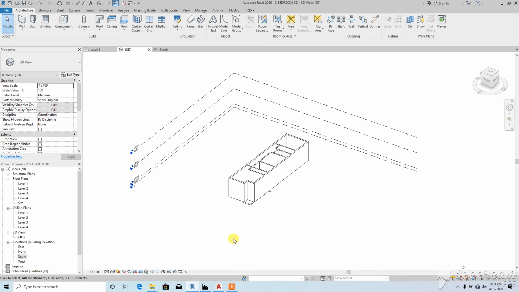So guys, the next thing is to move on to creating windows. There are two ways to create windows: the conventional way, which Revit has created, and also your own creative way. The conventional way actually has the window itself in the Revit. All you need to do is click on the window tab, go to the family, and select a